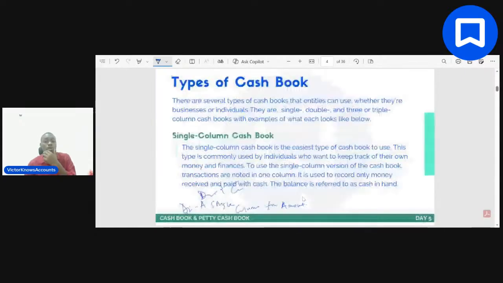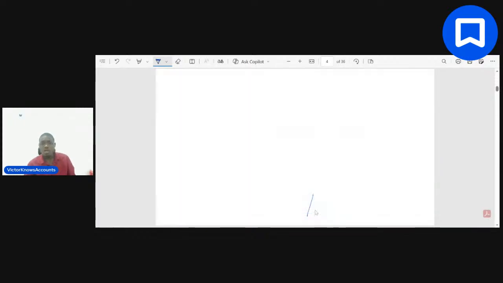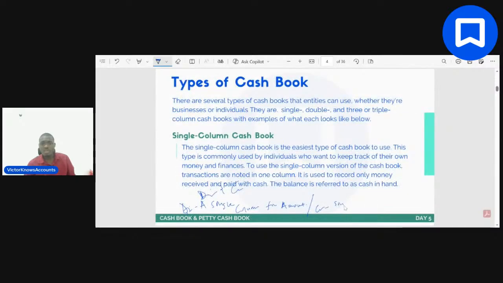There is a single column for amount. Then, of course, in the same way, on the credit side, we have another single column for amount. All right. So the single column cash book is the easiest type of cash book to use actually,